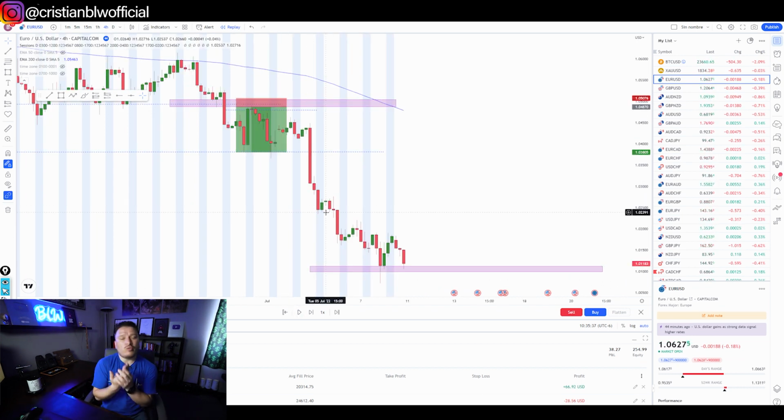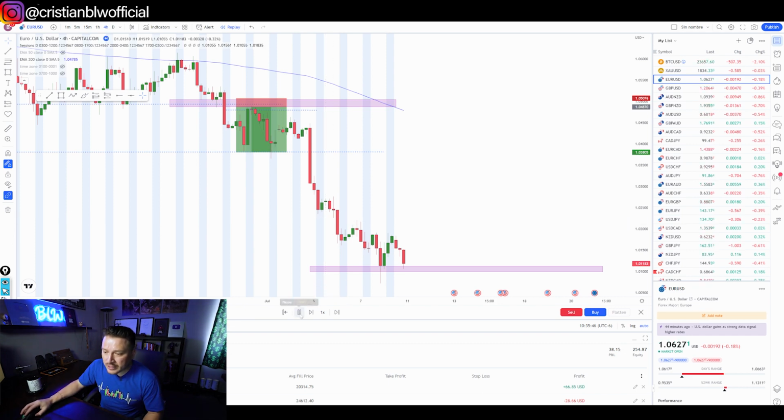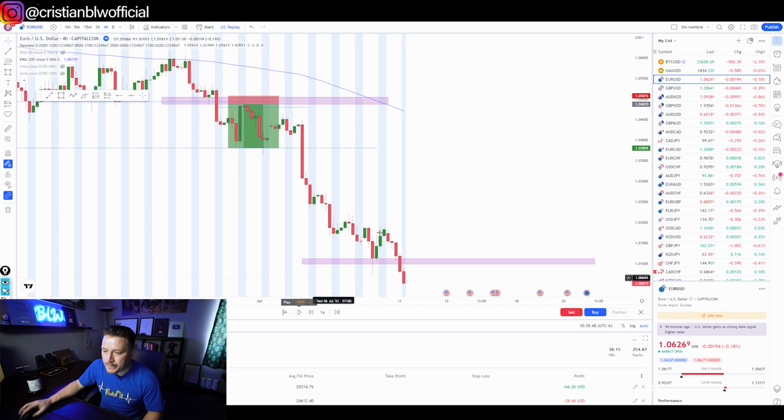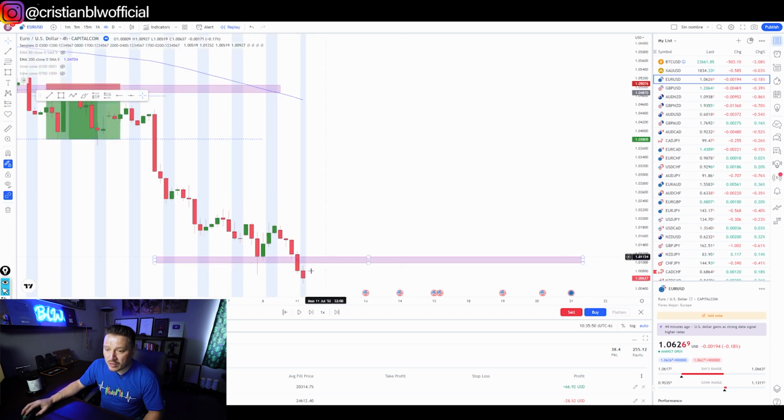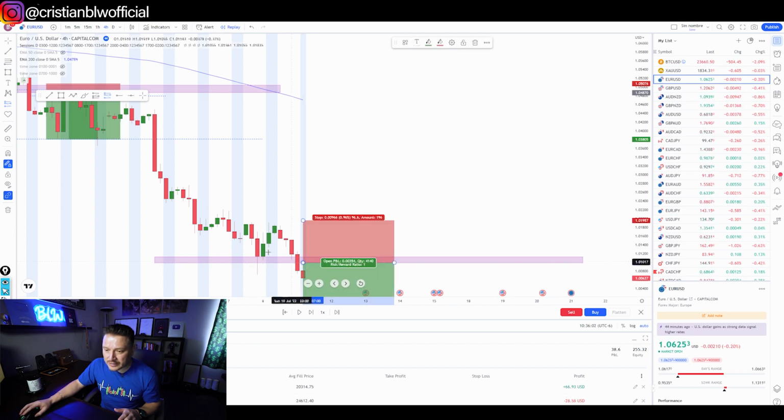Why is it that we wait? We don't enter for a buy position. We wait for a breakout in order to enter a sell position, okay? So what is it that we do? We wait for the breakout, then boom, it happened right now. Once it happens, which means the candlestick closes below that breakout level and the next one doesn't touch the level one more time, it basically means that we are in a position for a sell.